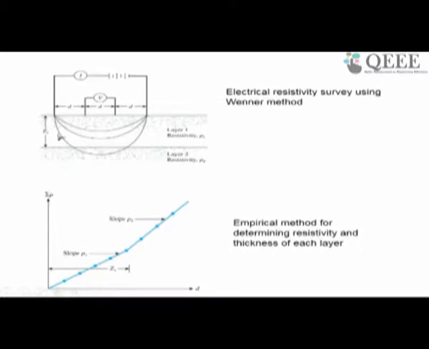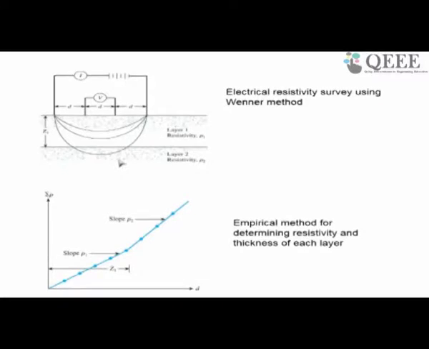Okay. So in this particular case, you can see where the Wenner configuration is used, where all the electrodes are kept at distance d, and the current is also passing through this layer 2. So when these lines are passing through here, they will have one particular resistivity, and this other ground will have another kind of resistivity. So then the potential will be different in the two cases.